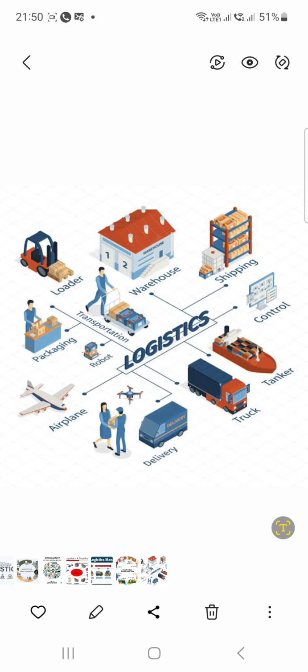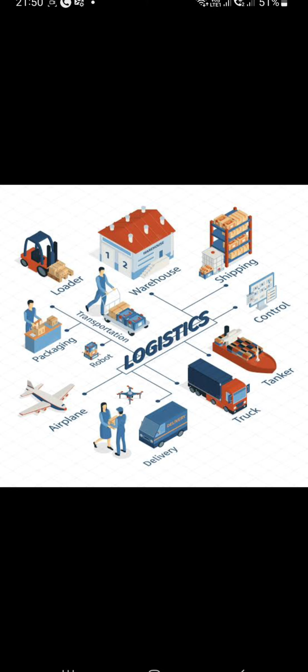So if I take some of the photos which are available on the internet about logistics and the supply chain, logistics mainly talks about the movement of the goods, transportation of the goods, carrier of the goods from one place to the other. So if we define logistics in this simple sentence, then you can see here that logistics is something